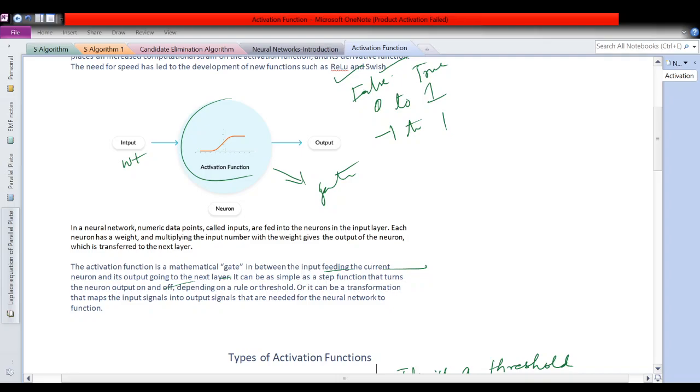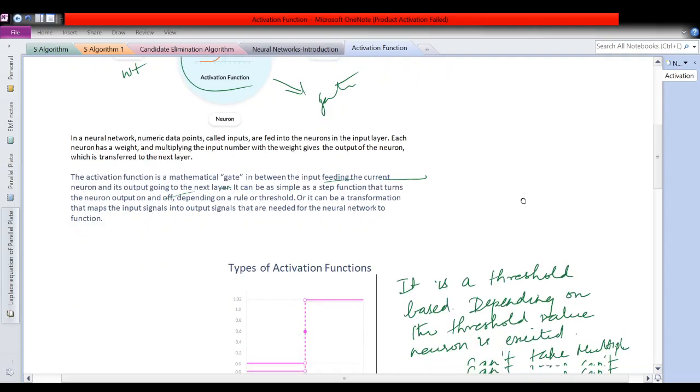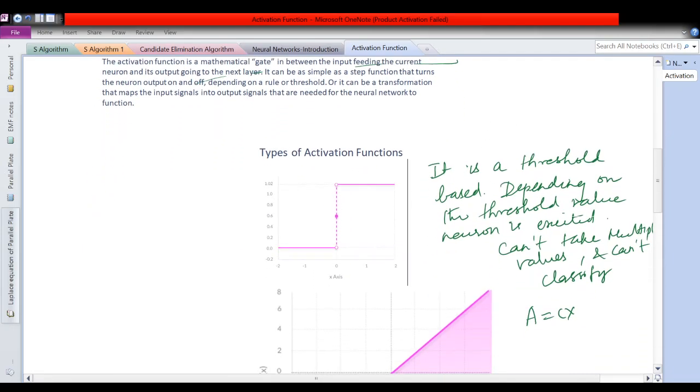It depends upon a threshold value. If the computed value is above the threshold value, it is going to be true, and if it is less than the threshold value, it is going to be false. When you go for the types of activation function, you have binary step, linear and non-linear. Linear we all know, and binary step also we know. Binary step will be 0 if the computed value is less than the threshold value, and 1 if the computed value is more than the threshold value.